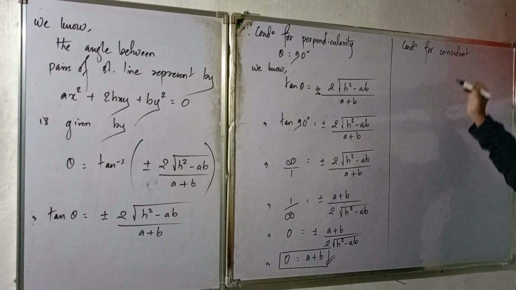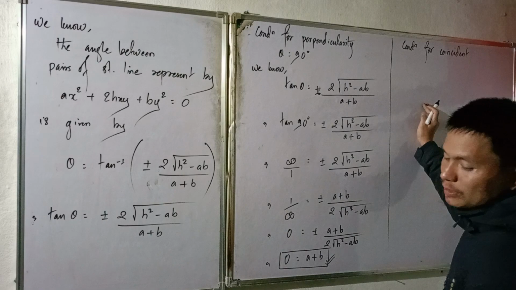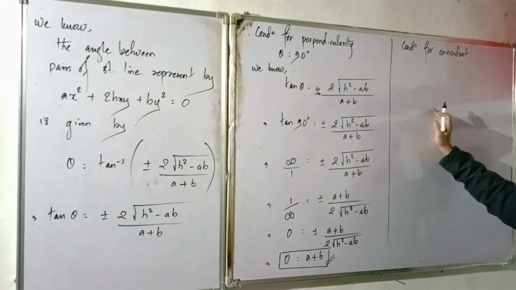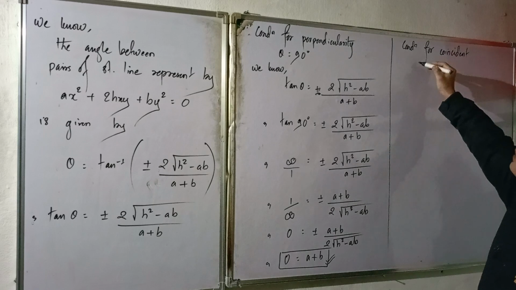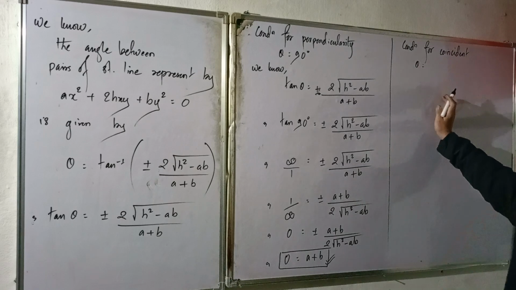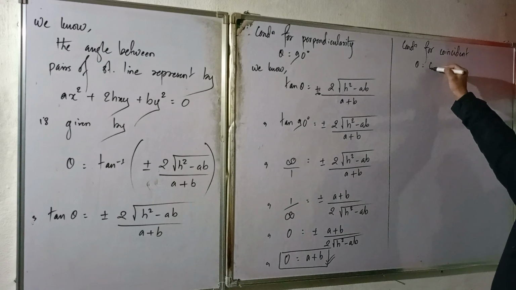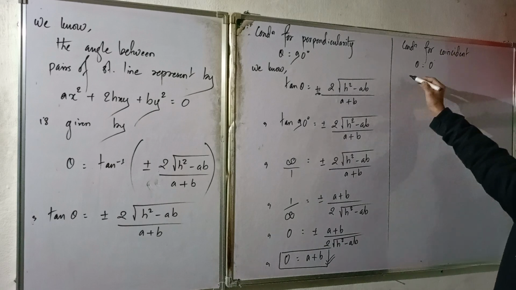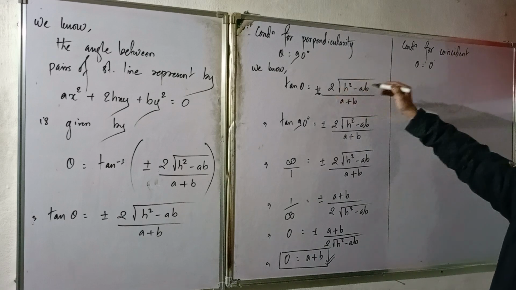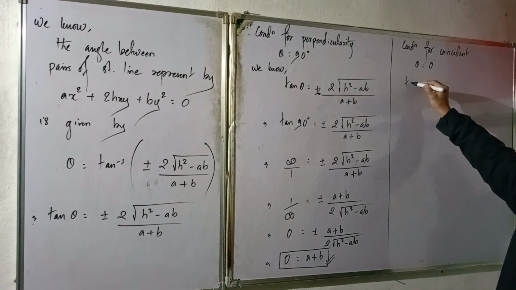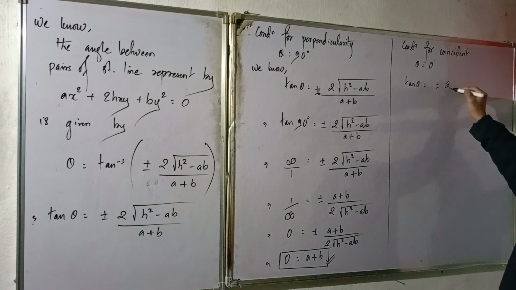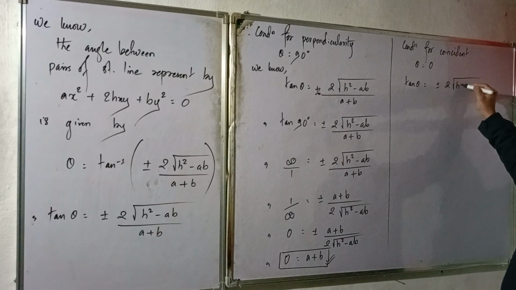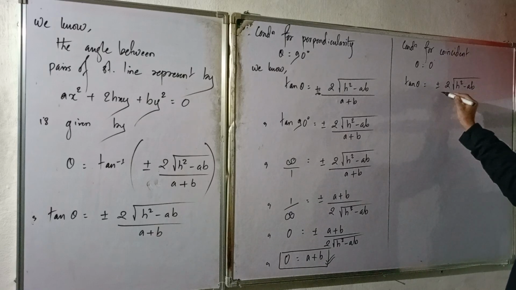So here is the condition for coincident. In case of coincident, the angle between the pair of lines will be 0 degrees. So just like before, you use the formula: tan theta is plus minus 2 times under root h square minus ab,